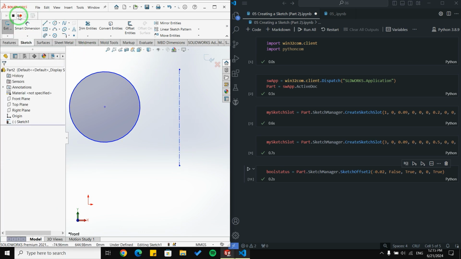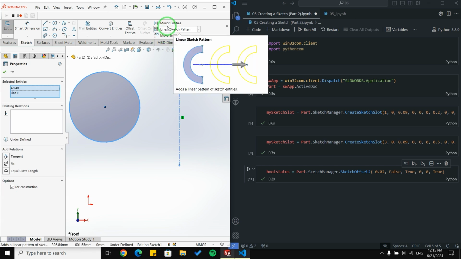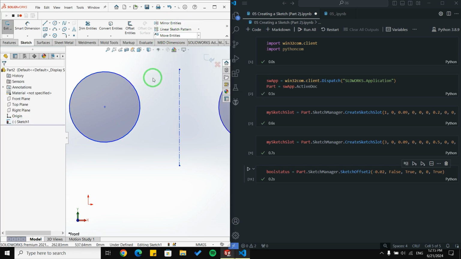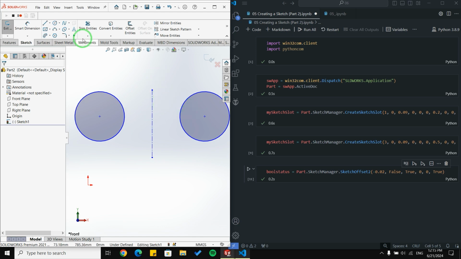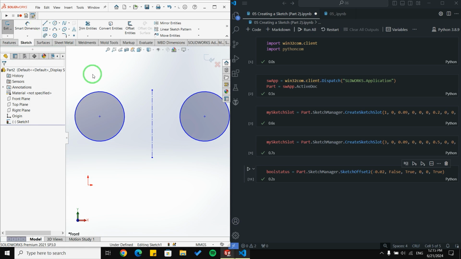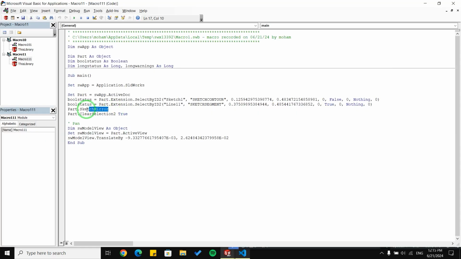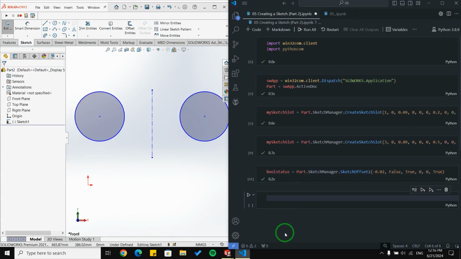I'm going to use macro, a starter macro. First, I'm going to select my shape and my center line. Then I'm going to use mirror entities. And you can see here a mirror entities is created for me. I'm going to stop the macro, save it, and open it another time. This is the code we like to use, a sketch mirror, and it is very easy to use. So I think we didn't have to use macro at all.